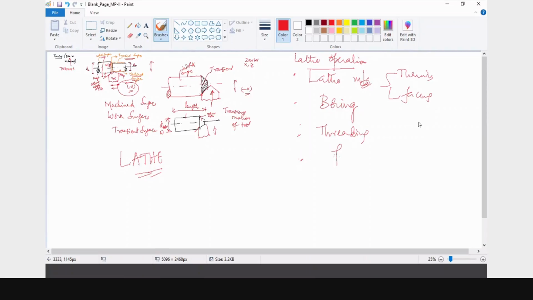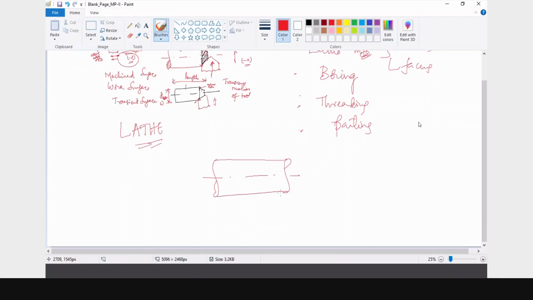First, I'll talk about a very simple one. Let us take parting. So what you try to do is that the diameter of the workpiece is something like this. So you will have a parting tool like this. It goes inside.